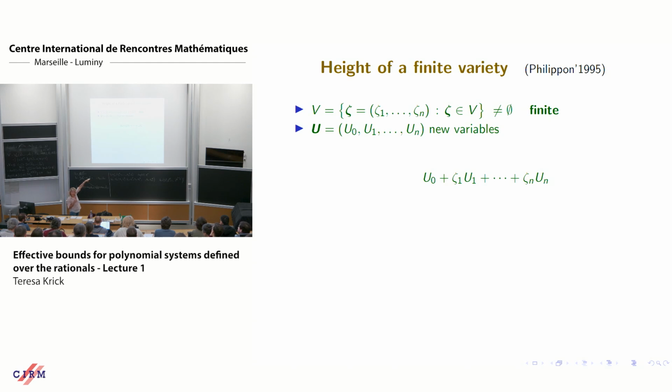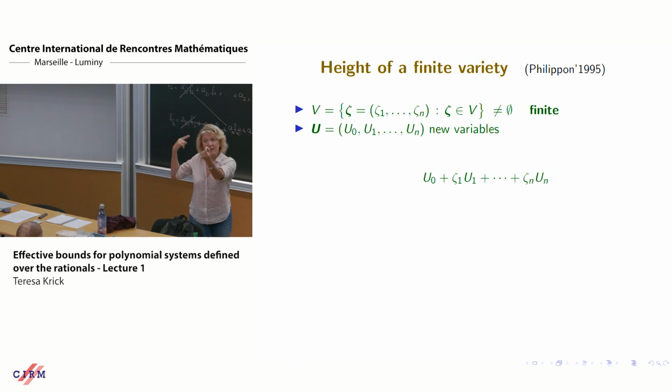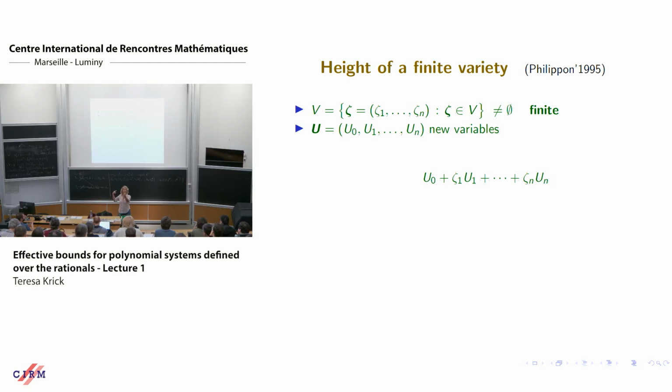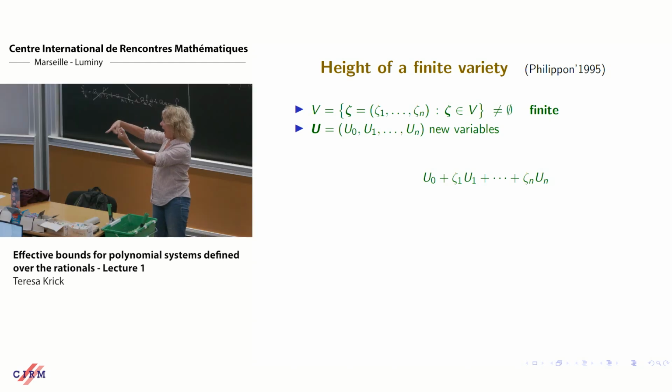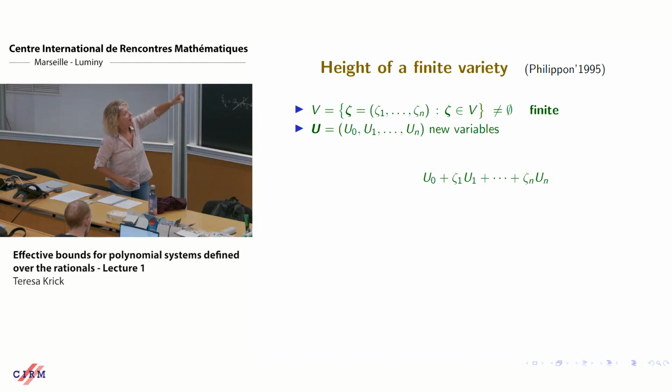When does this linear equation in u0, ..., un vanish? I have my point here. When does this linear equation vanish? When I have a hyperplane which passes through the point. Normally, if I have a point, almost any hyperplane won't meet that point. There are so many hyperplanes, they won't meet that point. So this characterizes the hyperplanes that meet that point.